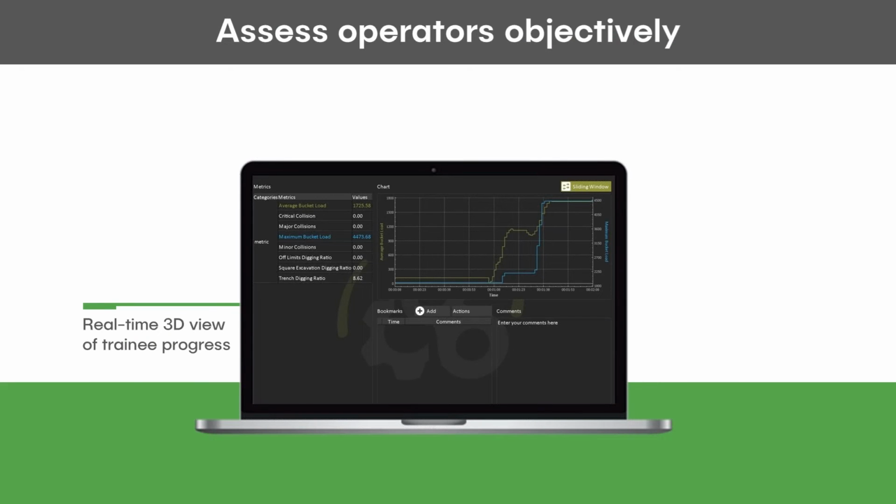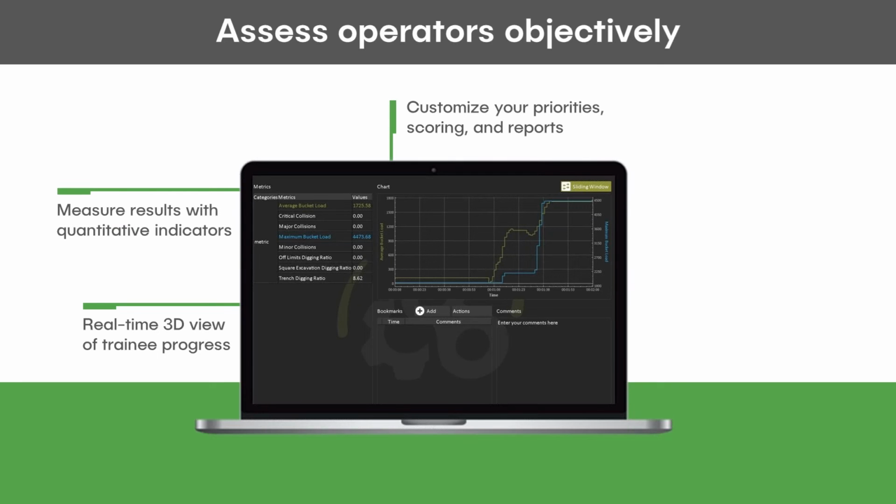And everything is recorded. So you get to see runtime. You get to see it 2 months afterwards. You get to compare apples to apples. Everything is recorded. You'll have up to 60 metrics being recorded, everything from fuel consumption to collisions to cycle times. You can find out the people who are polite to the machine, who just need more experience on the machine to become more efficient, and you can send them down a path.